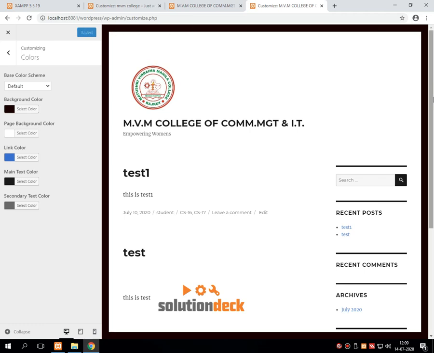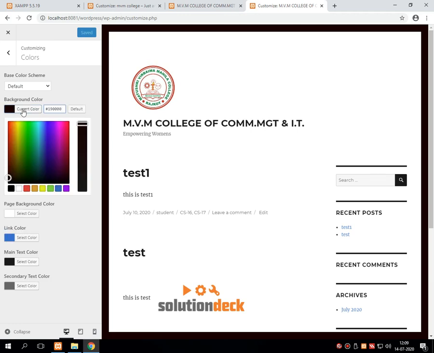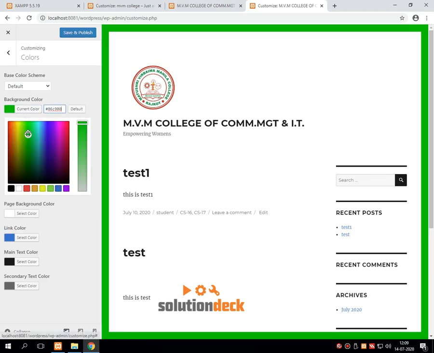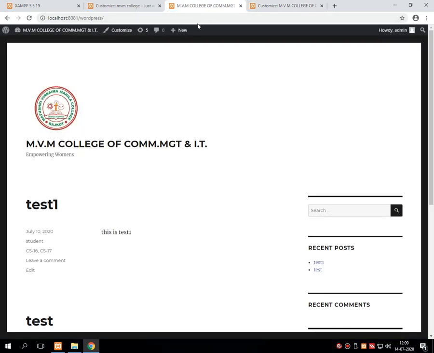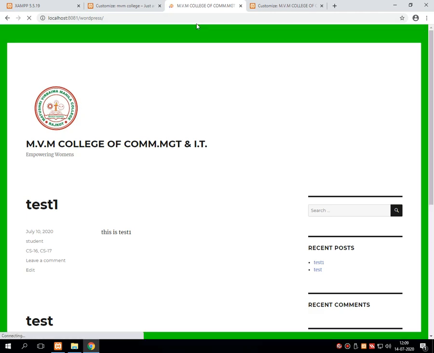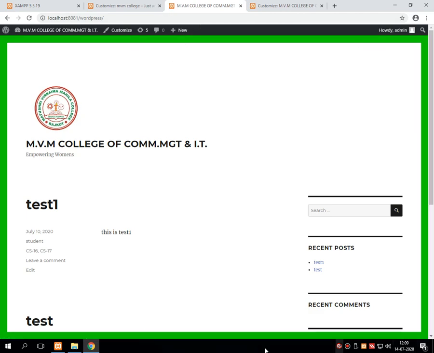It will automatically change the background color. Suppose I am changing from one dark color to another dark color, you can see that this background color gets changed. Permanently, suppose I want to make a change, then press save and publish. Over this website page, you will see the difference.